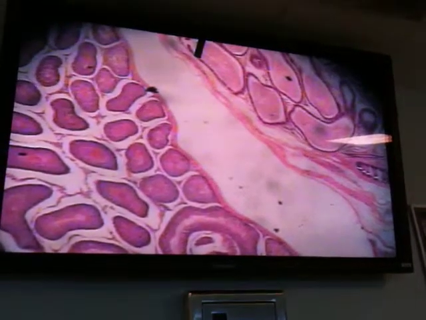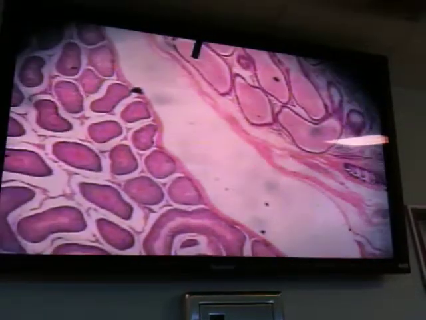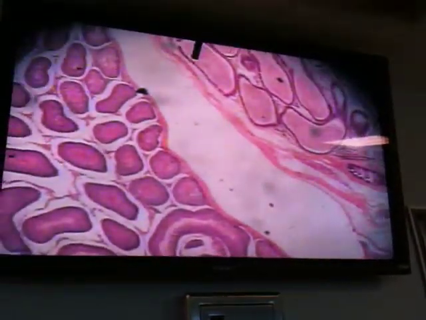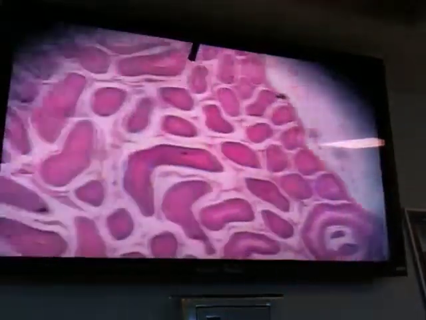top layer membrane. And in the middle here, see all these pinkish structures? They are sperm already. And where's that? This is epididymis. Epididymis, okay. This is seminiferous